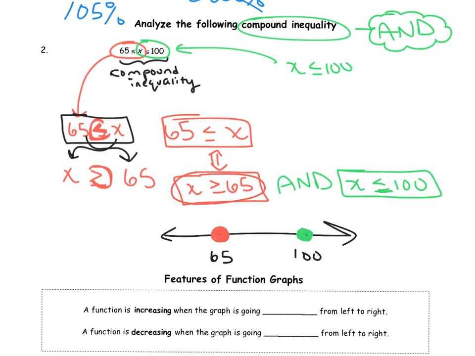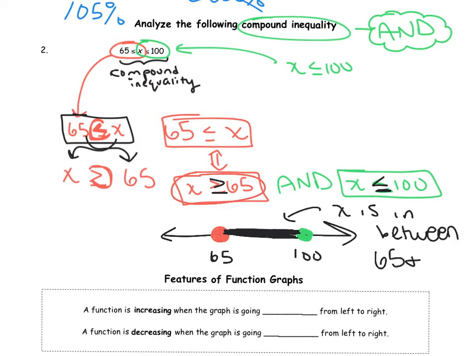Now if I look, I want x to be greater than or equal to 65, and it also has to be less than or equal to 100. So if I'm greater than 65, but I can't be bigger than 100, I'm in between this interval. That's what my compound inequality would look like. So x is in between